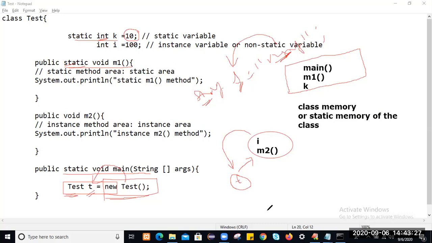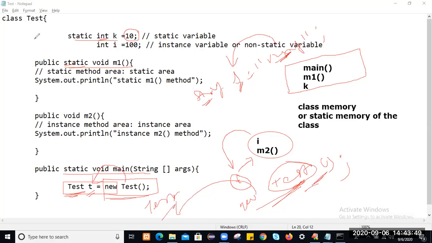How are we going to create an object? We create the object by using the class name only: the new keyword followed by the class name. Some memory address gets created. If you create an object by using the class name and you get some memory address, then the return type of that memory address should be that class name. Test is my class name, so if you create a reference variable, its type is the class name. Is it clear?